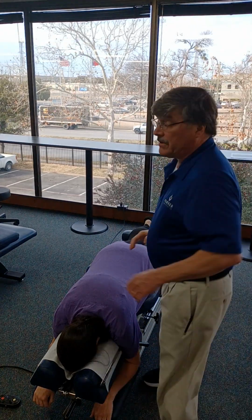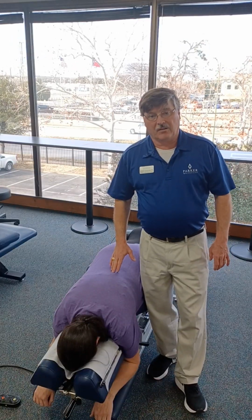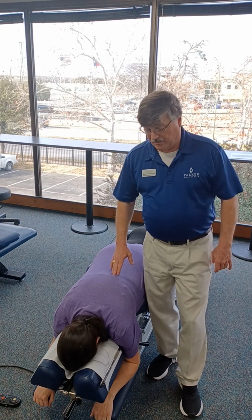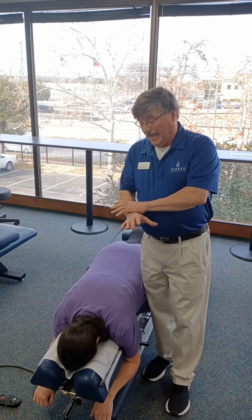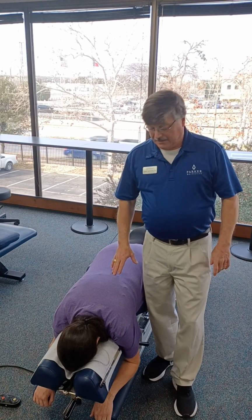Okay, continuing with our rib contacts. Now we're in the prone position and we're going to make a hypothenar costal contact, and it'll be a push move. Now I can do that one of two ways. I can use a unilateral contact where I'm stabilizing, wrapping my wrist, or I can make a bilateral contact where